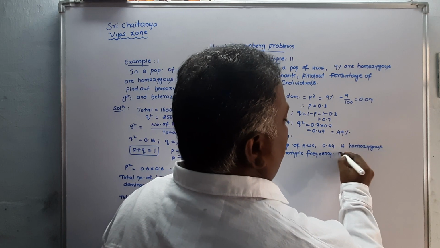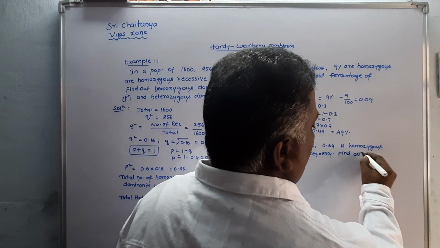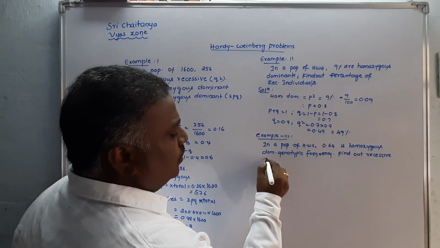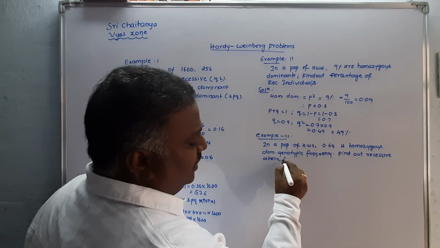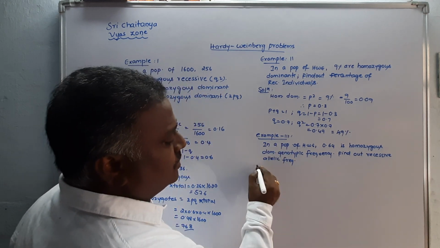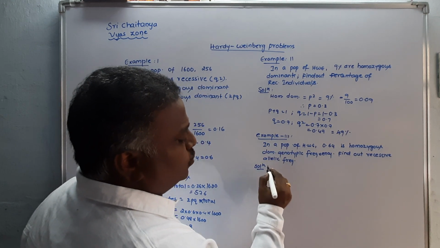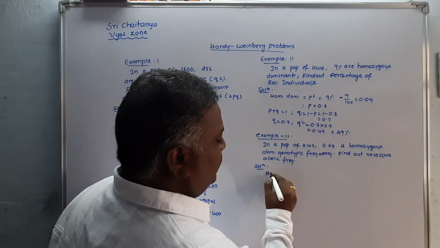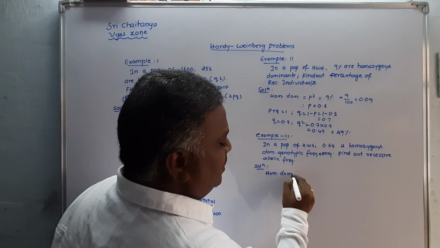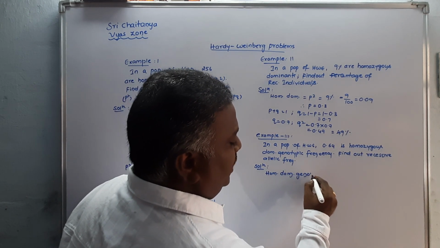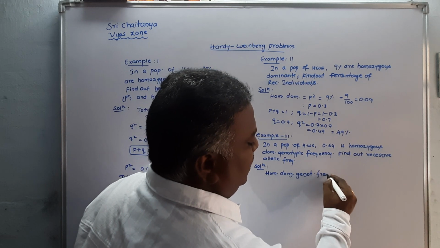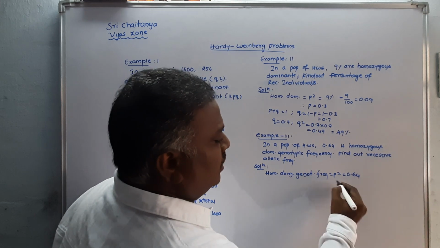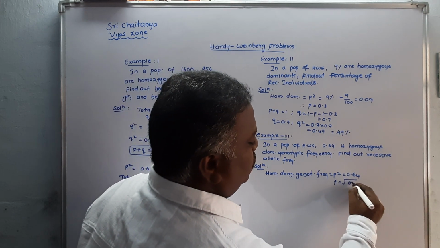Then find out the recessive allelic frequency. They're just asking for the recessive allelic frequency. In this, what they have given is 0.64 as the homozygous dominant genotypic frequency. The homozygous dominant genotypic frequency, that is P square, is equal to 0.64, whereas P is equal to the square root of 0.64,